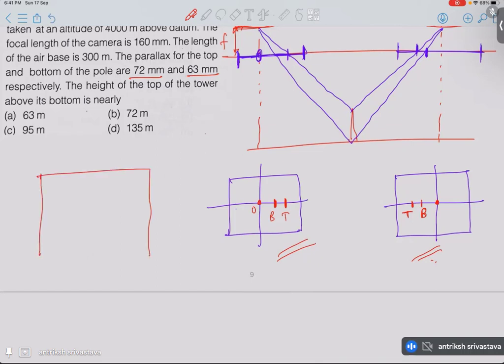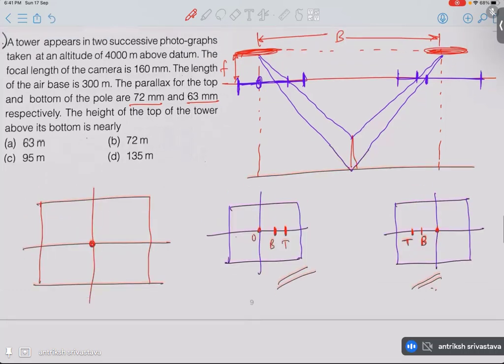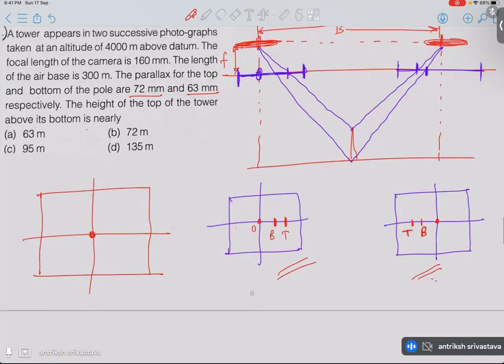So let me integrate these two photos. So principal point, even though the vertical location is different, the principal point of the photo, let's say, keep it as O. Previously the top of the tower was here and later on it came here in the photograph. So the sum of these distances is the parallax. Similarly, for bottom, B and B dash. This is the parallax for bottom. Now from this figure,